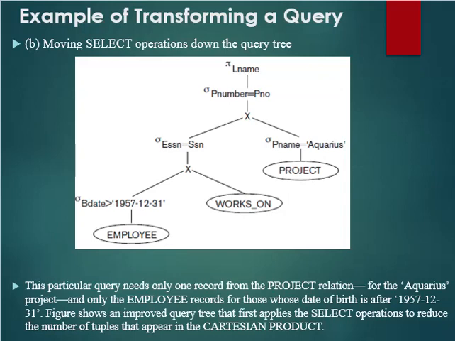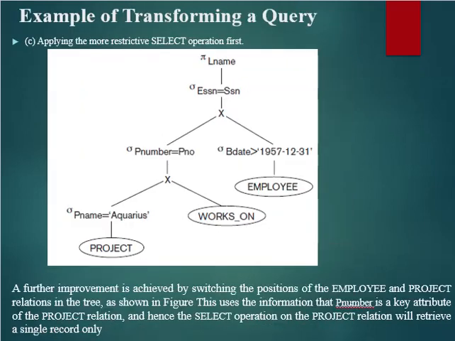So here the operation is done in a reverse format. We are joining employee and works on, so the entire employees, including those who are not working in Accuracy, are joined with works on. In order to avoid that, we firstly move the project and works on to the leftmost end. That means firstly we do the project and works on join condition, and then you will yield all the SSN in works on and project.